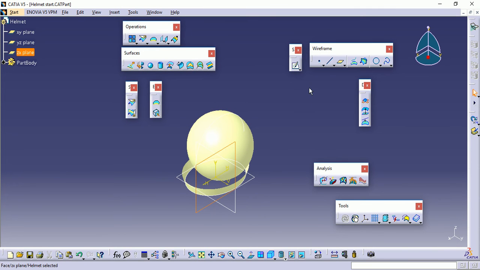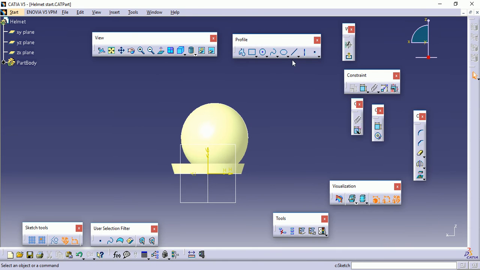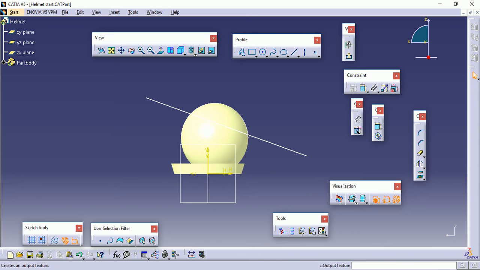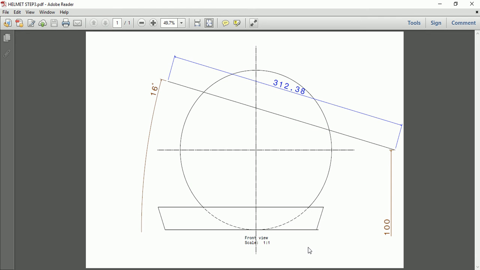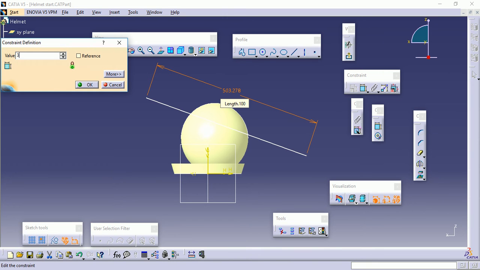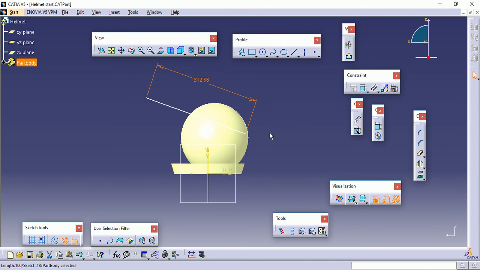Next we have to cut this sphere by a dummy surface to get the required shape. For that I will create a simple line. The dimensions for the dummy surface are given here in the drawing. The purpose of this dummy surface is only to cut the sphere up to a small extent so that we can get the desired shape.